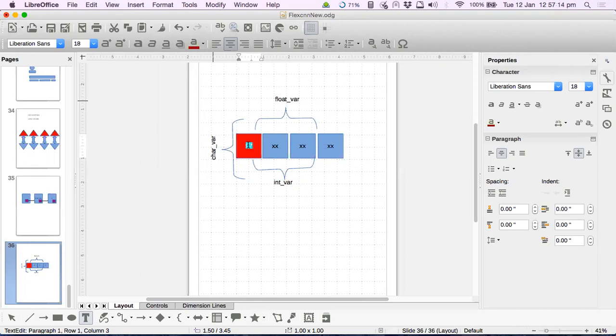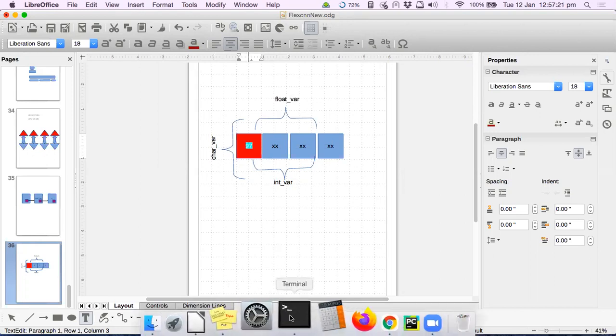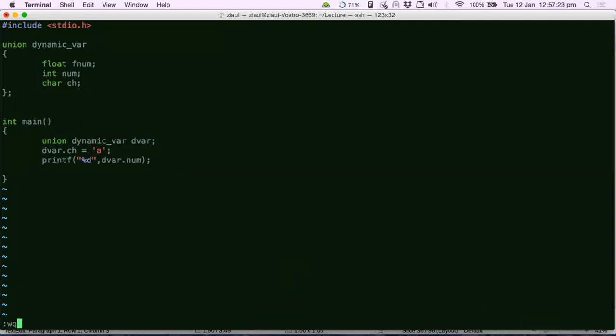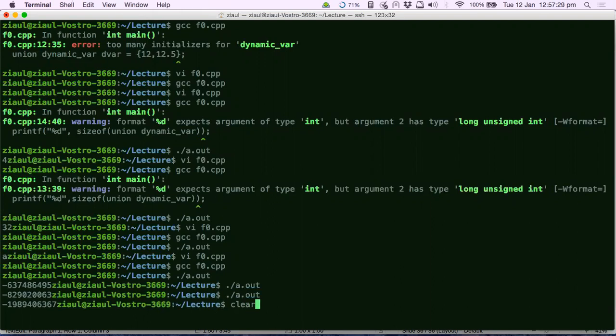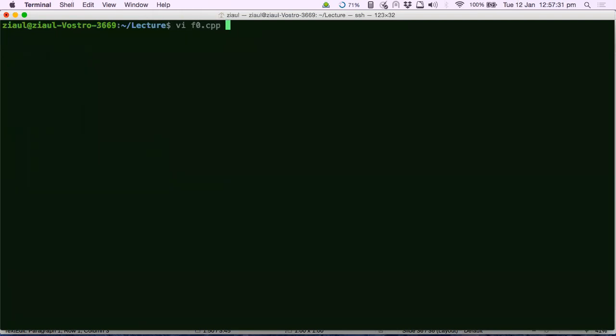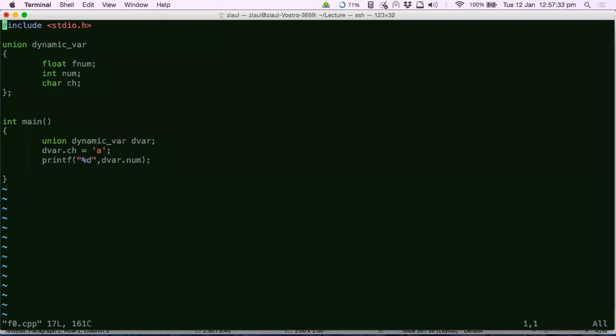It does not store zeros, because that's how it is. It remains uninitialized. It does not store 0 there. That's why when I read it as an integer, see what I get? I will get some garbage value. See, I get some garbage, because it does not zero out the other bytes which are no longer required.